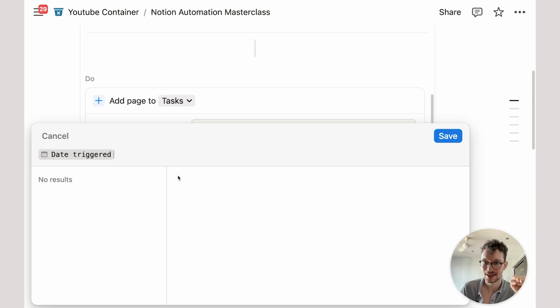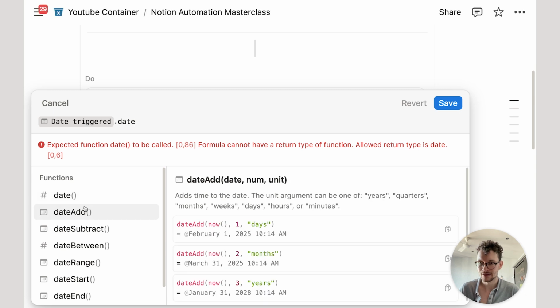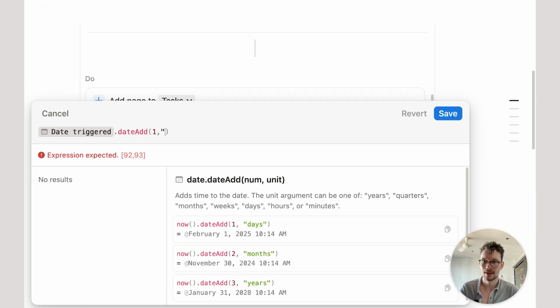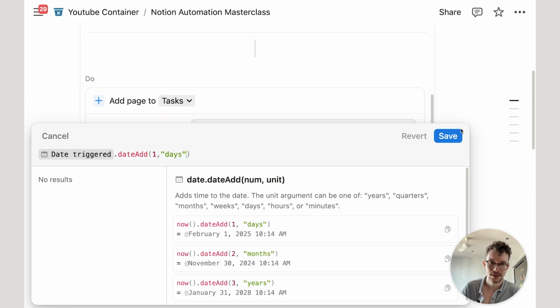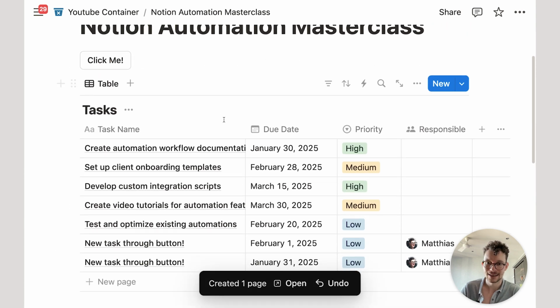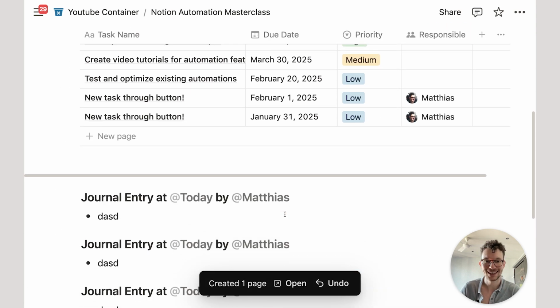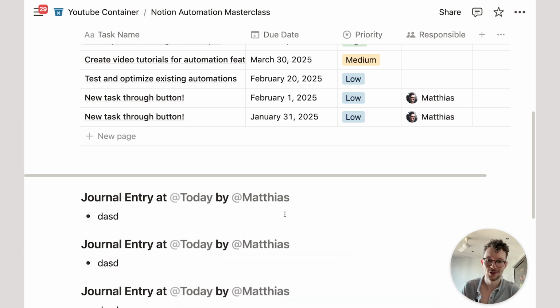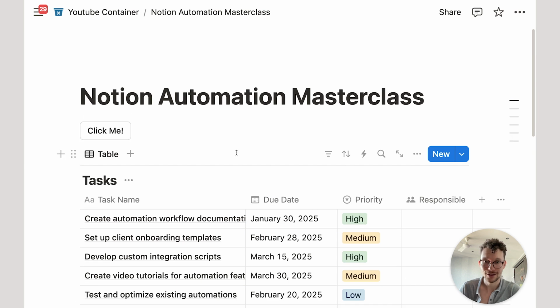So let's go in here, say custom formula, date triggered. How do we increase the date? With date add, right? So we say date add, increase it by 1 days. Perfect. Let's save this. Let's close our option and let's click the button again. The next task will be for February 1st. Amazing. This is how we can now use formulas to update the information in your database automations or button automations